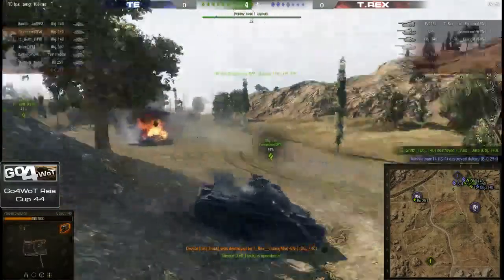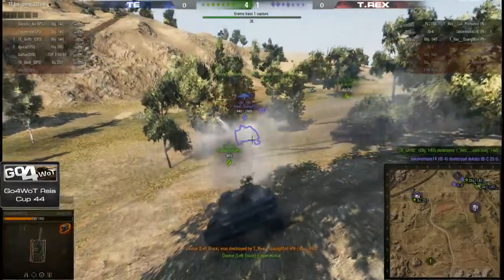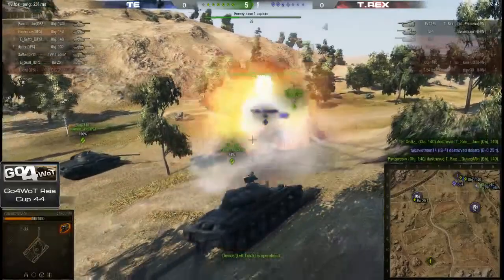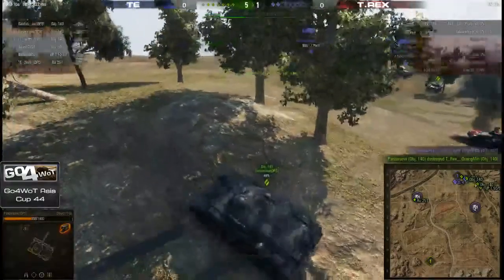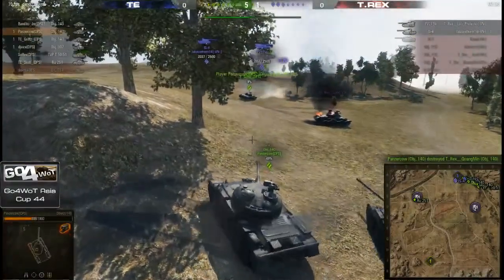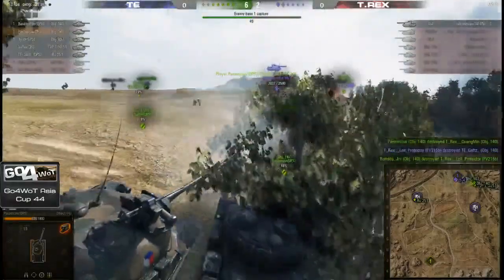Grifts takes him out with the Object 140. Now Quang Min here has just been tracked there by Panzer Cow, and he does not want that. Safi's on 8% HP. Quang Min can't even get the final blow onto Safi before he goes down to Panzer Cow in the Object 140. These objects are doing work for Team Efficiency right here,